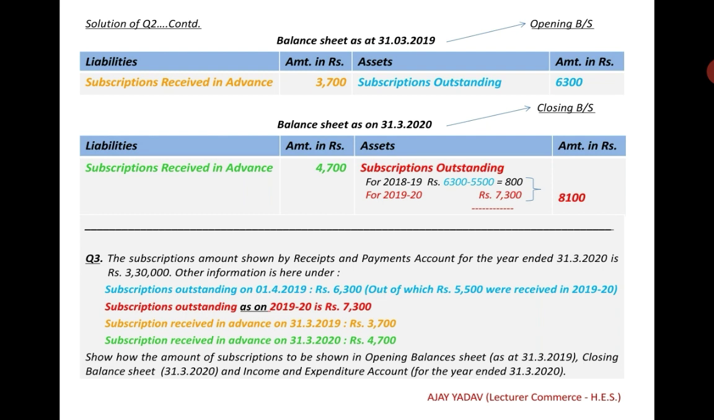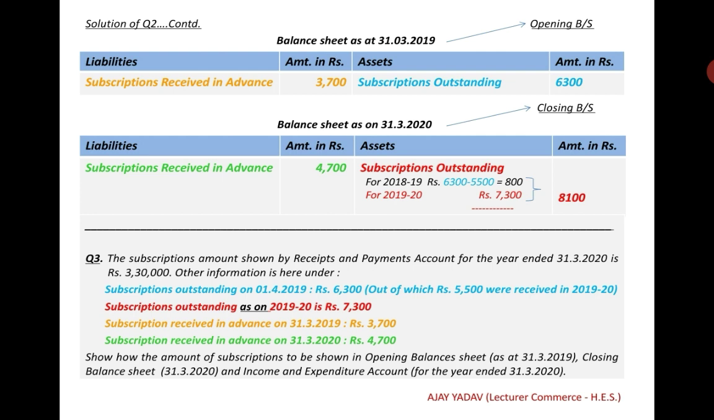in the beginning will be shown in the opening balance sheet on the asset side. Subscription received in advance at the end will be shown on the liability side of the closing balance sheet, and subscription outstanding at the end will be shown in